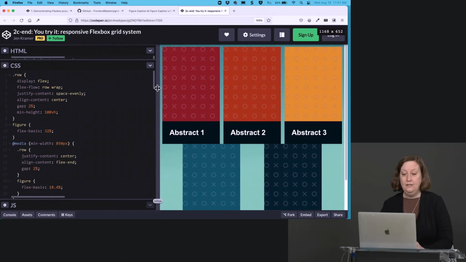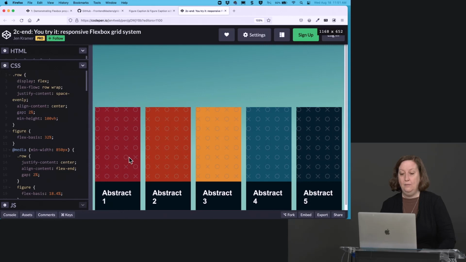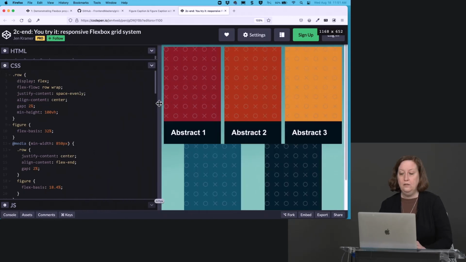And I align the content in the center, okay, with a gap of 2%, and I put in the minimum height of 100 VH, viewport units. And that is so that when we went to the desktop dimension, we had the ability for all those things to go down to the bottom, and we had the room to work to stack things on top of each other here at